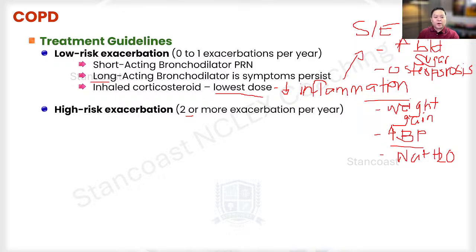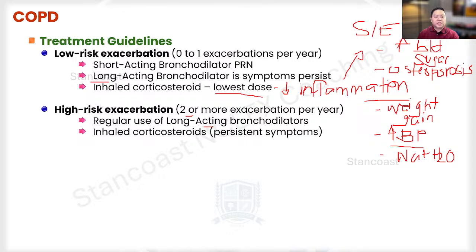Well, again, we're gonna include here the regular use of the long-acting bronchodilators, such as the salmeterol. The patient should be on the regular long-acting bronchodilators. They're also going to be using the inhaled corticosteroids, theophylline. Yes, somebody said about the infection because of the prolonged use of the steroid, especially if they are going to be using the oral form, the prednisone. This can really predispose them to some infections because of the immunosuppression.